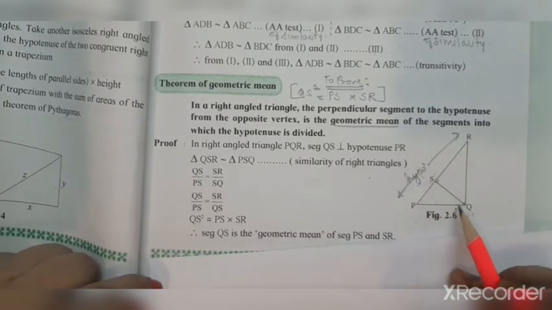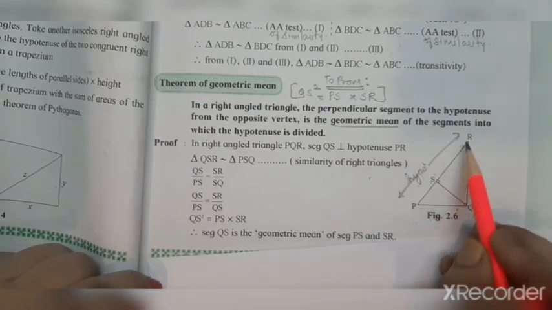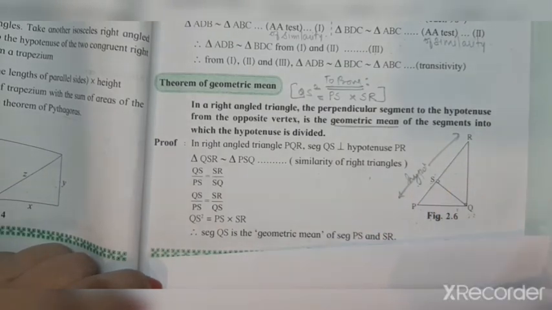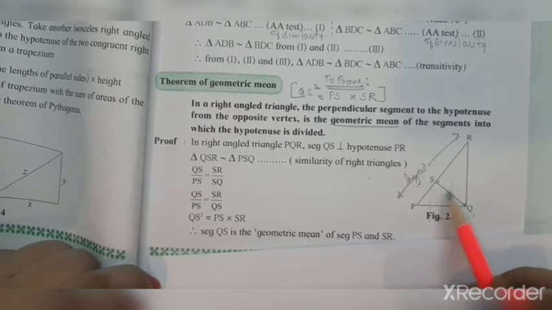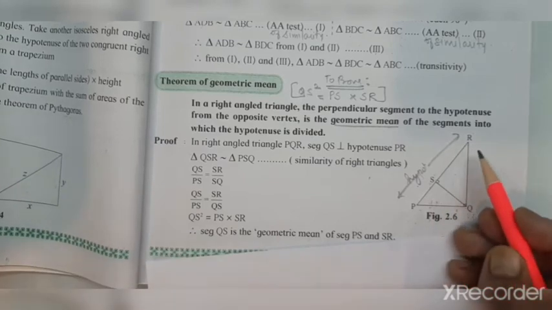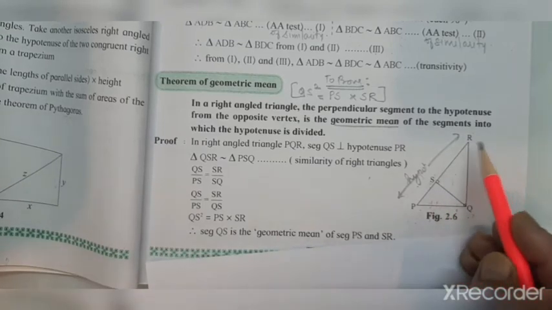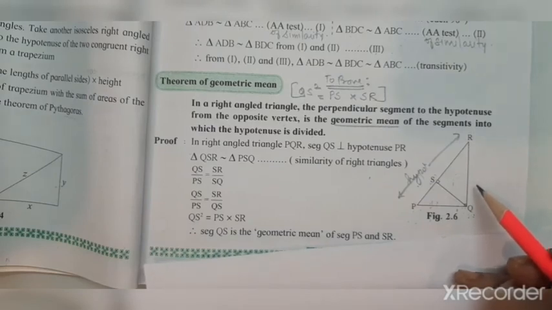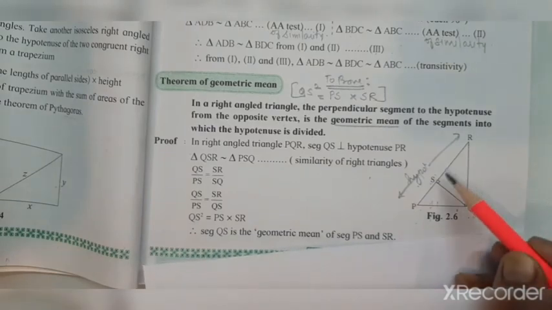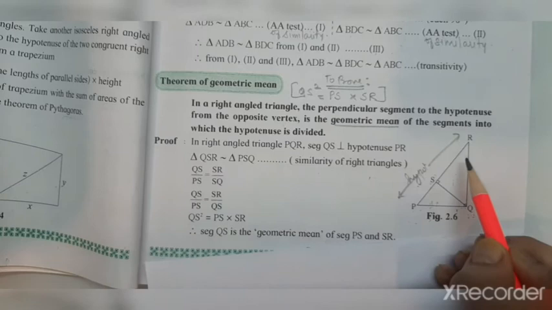Okay, we have studied in this theorem that because of this there are three triangles which are formed and they are similar to each other. So we can write these two triangles are similar to each other. But how are we going to write the names? You cannot write it anyhow. You cannot write RSQ is similar to PSQ. It is not according to one-to-one correspondence. As I told you, you will get the further answer wrong. So how we are going to name it?